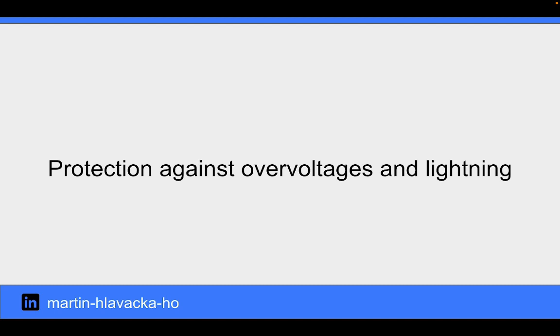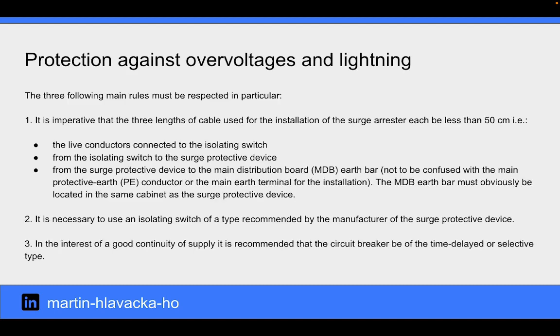Protection against overvoltages and lightning. The three following main rules must be respected in particular. It is imperative that the three lengths of cable used for the installation of the surge arrestor each be less